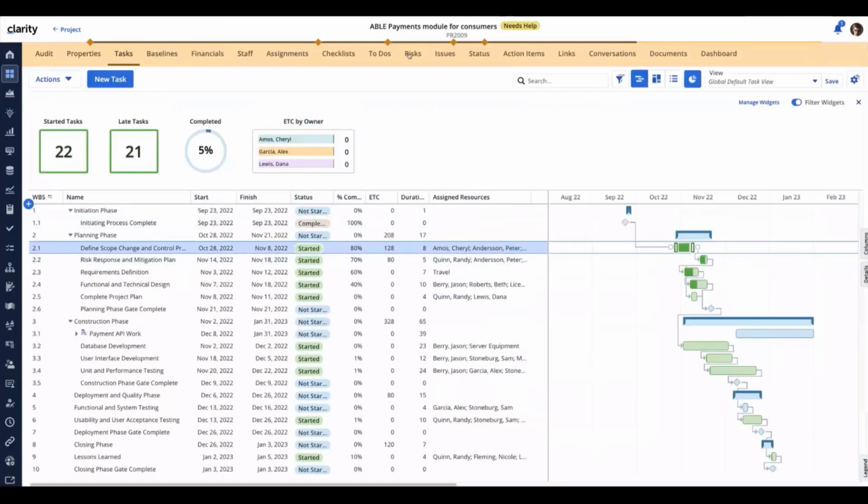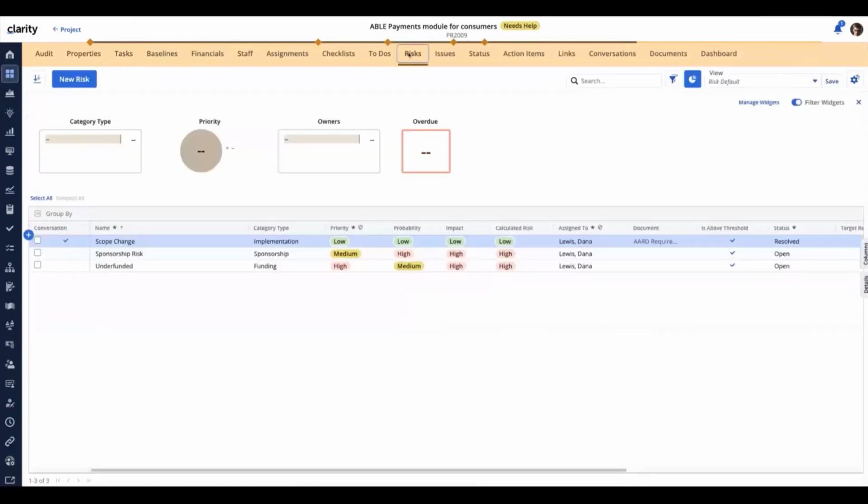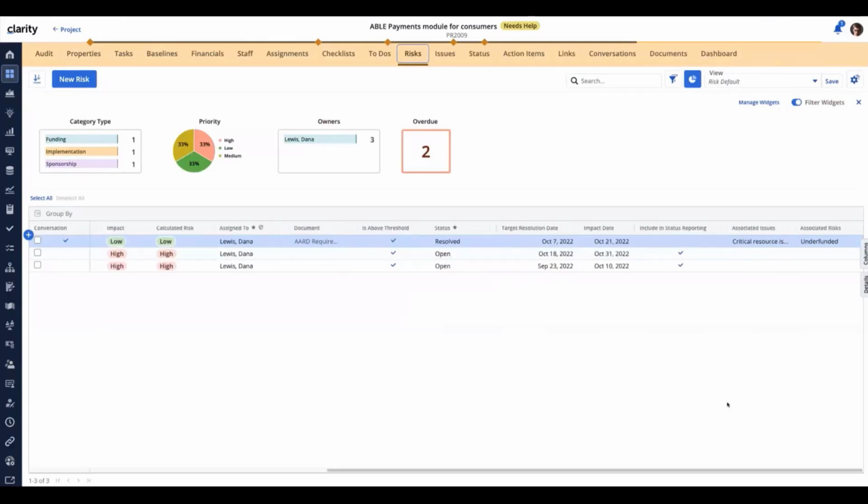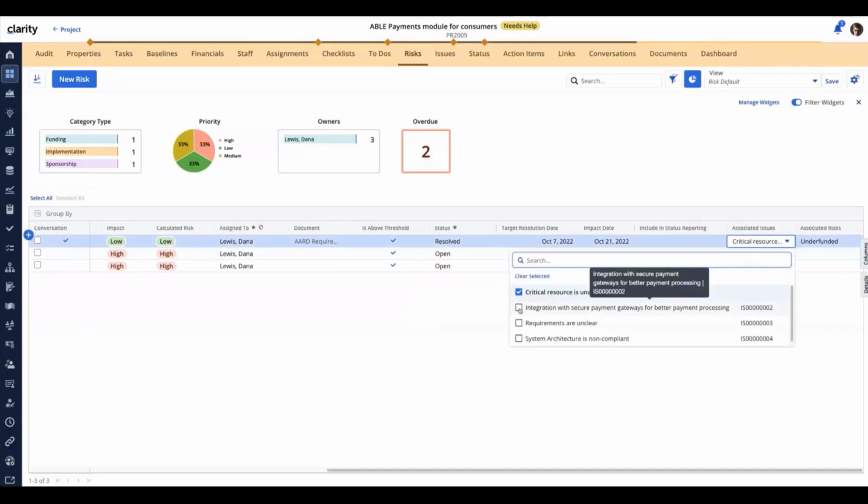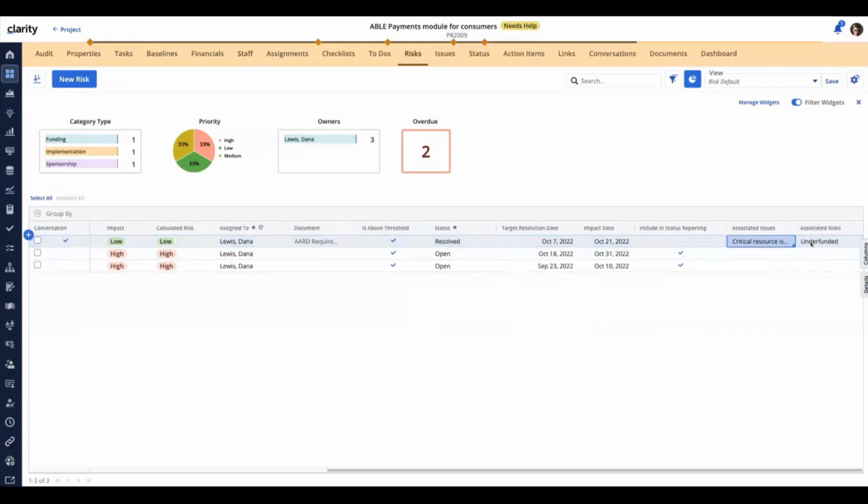And then I'm going to go out to my risk module, and I'm going to go to my stock multi-value lookups that are here, and I'm going to add another setting there, and on the associated risks, I'm going to change that to include both. So I've made changes to the properties area, the risks area, the tasks area, and now let's go back to